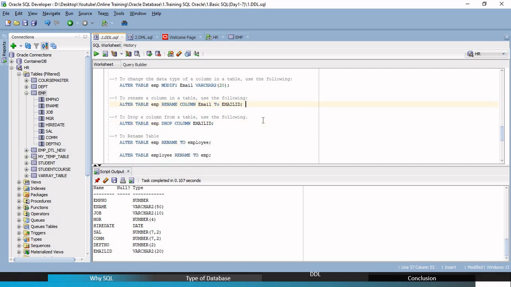Okay. Let's see how we can rename the table itself. We use the alter statement again, because this is an existing table. So alter table emp, same, rename to employee. Here we mention the existing table name, rename to the new table name, that is employee. So if we execute this statement,